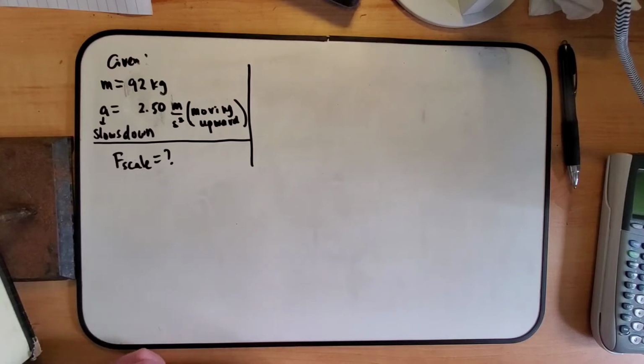So you will see now in the video how I handle this, and you will see that my negative will be taken care of at the end of the problem. You will see pretty much vividly this. Okay, so let's set up the problem. So we need to find the F of the scale. Again, the mass is 92 kilograms. We are moving up in the elevator, but the acceleration now is a deceleration of 2.50 meter per second square. In other words, we are slowing down. So how do we find the apparent weight, which is the force of the scale? All right, so let's do this problem now.